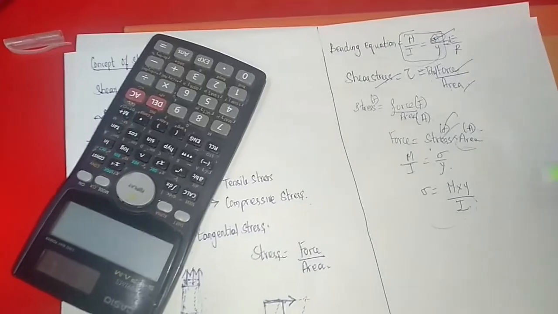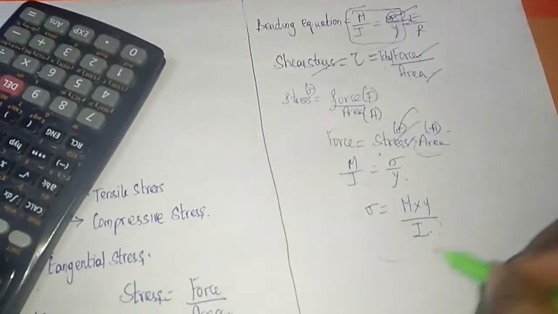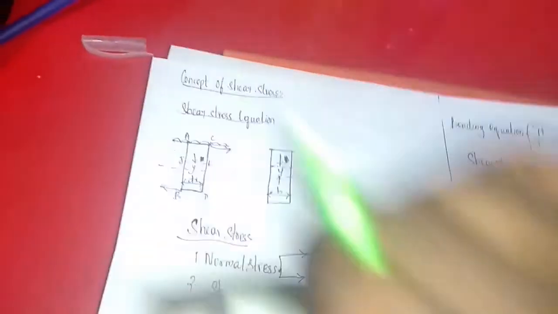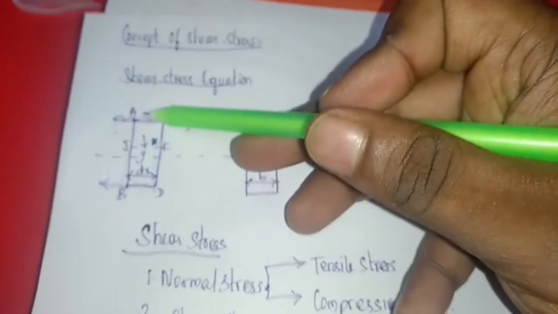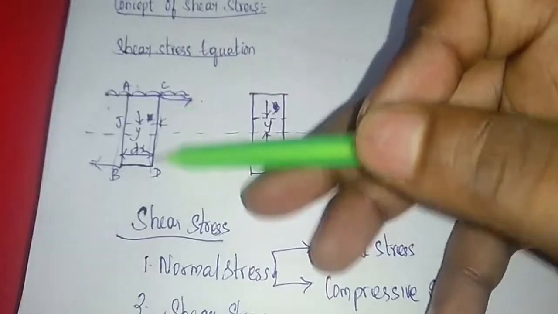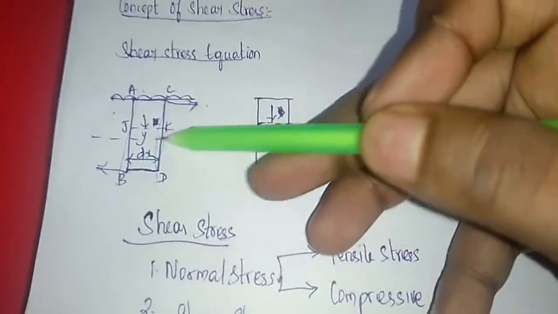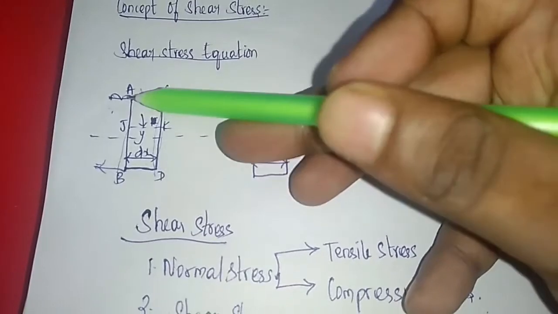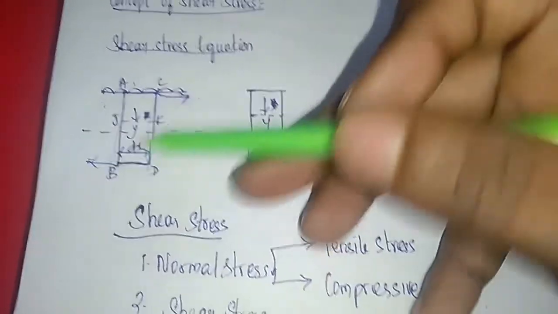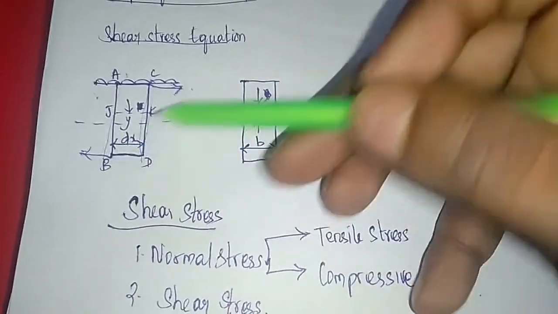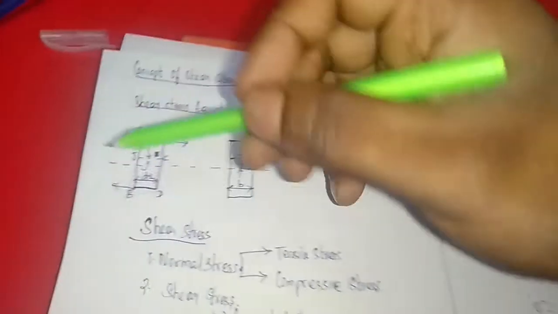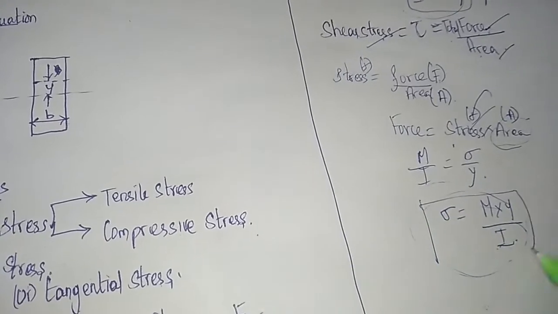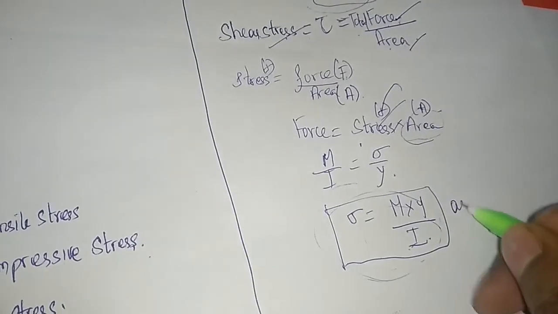The area I will explain you later. Okay, first we will find the stress. As I already told you, there are two sides. One side is AB and another side is CD. We are going to focus on the two sides, because on one side one force is acting and on the other side one force is acting, opposite to each other. So we are going to find the two opposite forces acting on the two sides. First we take sigma is equal to M into Y by I as